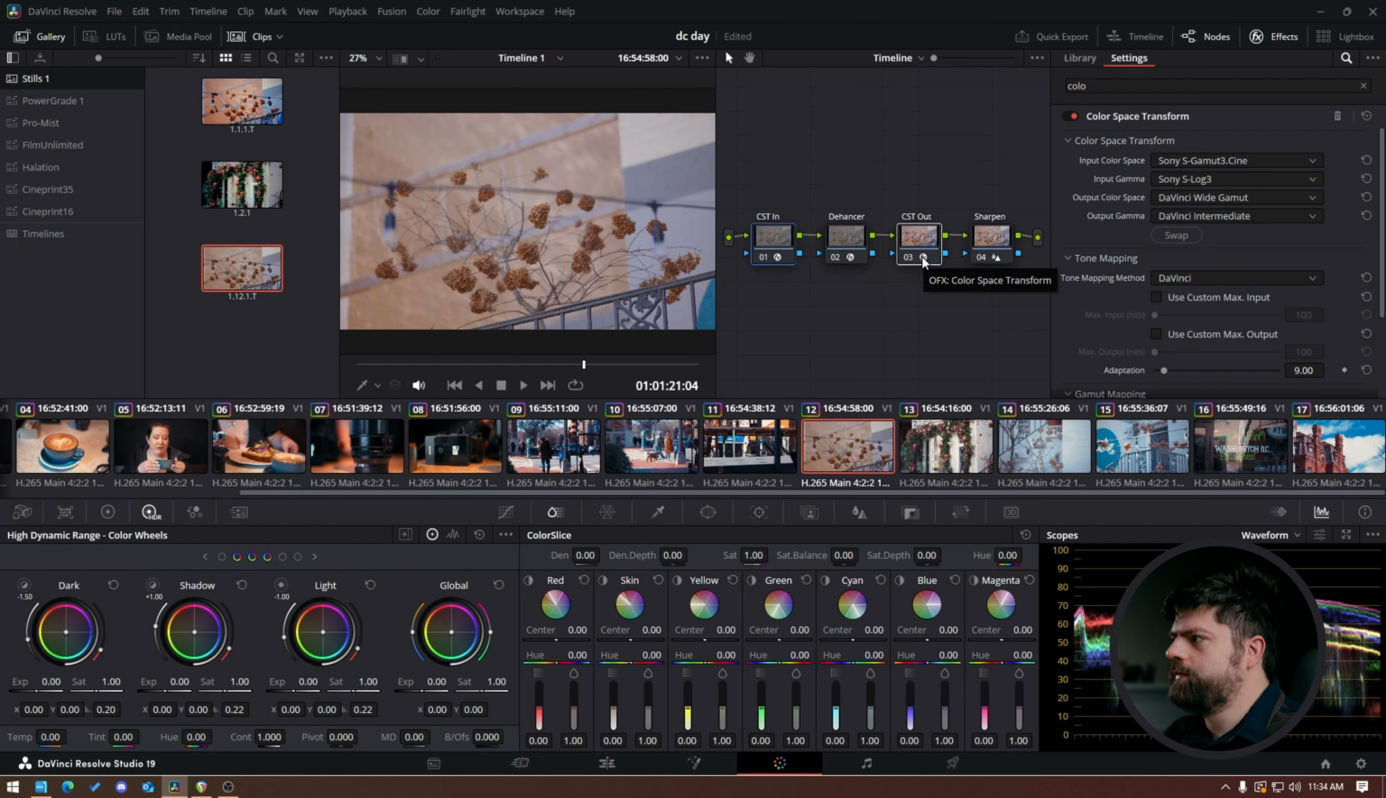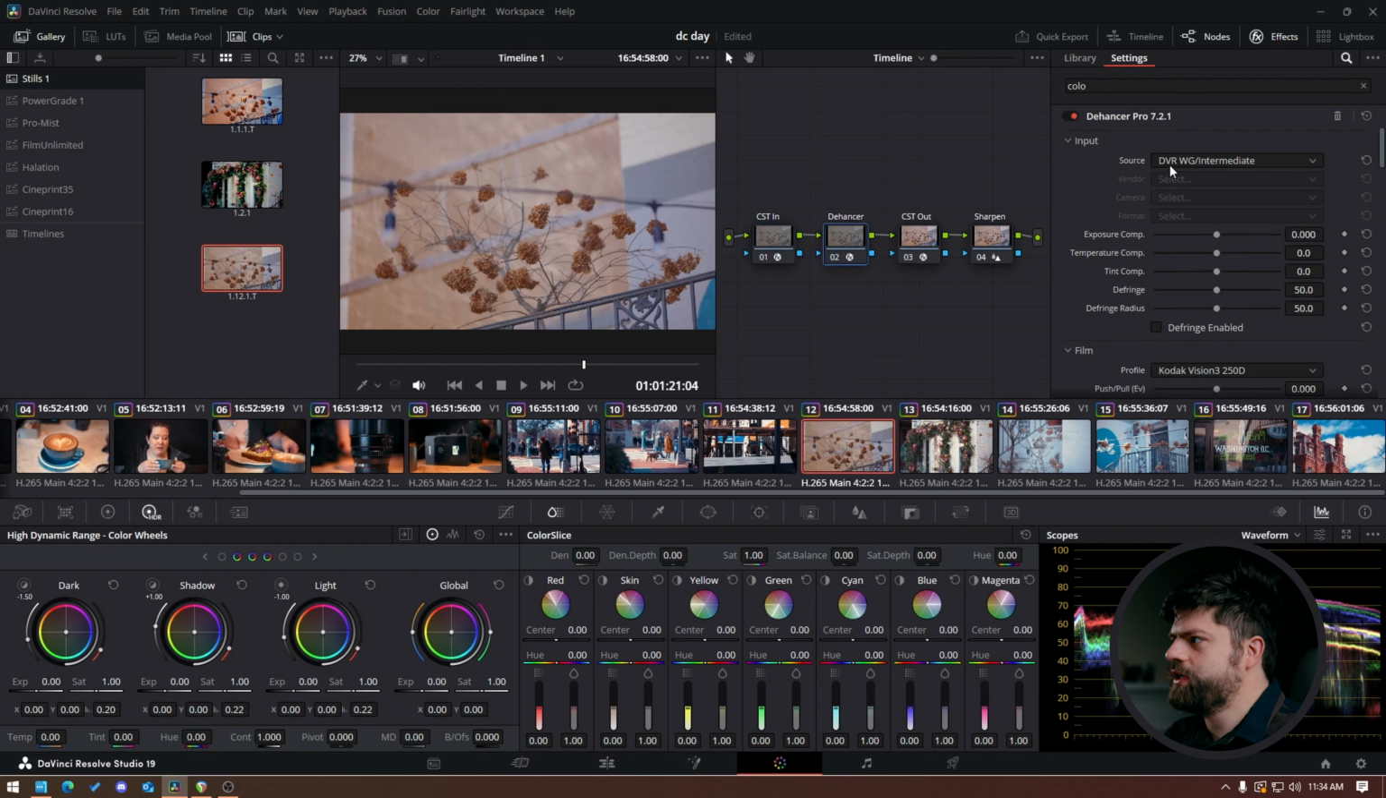But the reason I prefer to do it via the CST nodes and leave this in DaVinci Wide Gamut Intermediate is that if you haven't already balanced your footage, it's less accurate in my opinion. You are already starting with a little bit of a look baked into your image. And as far as white balance, it does make it a little trickier. So I just prefer to have as neutral of a starting point as I can when I start color grading